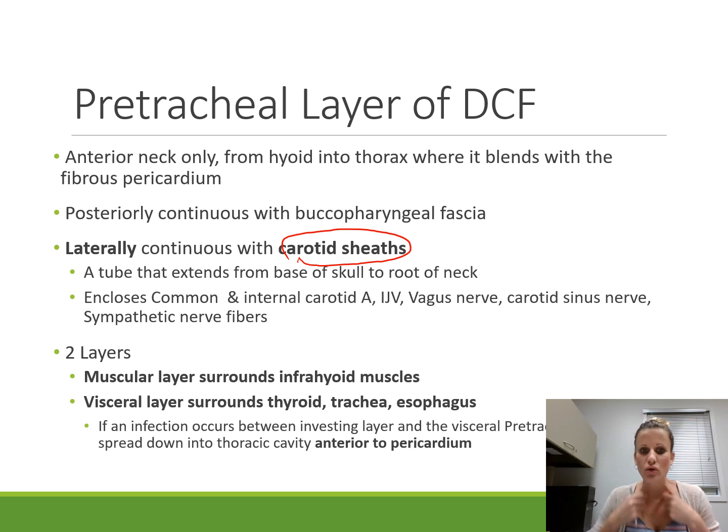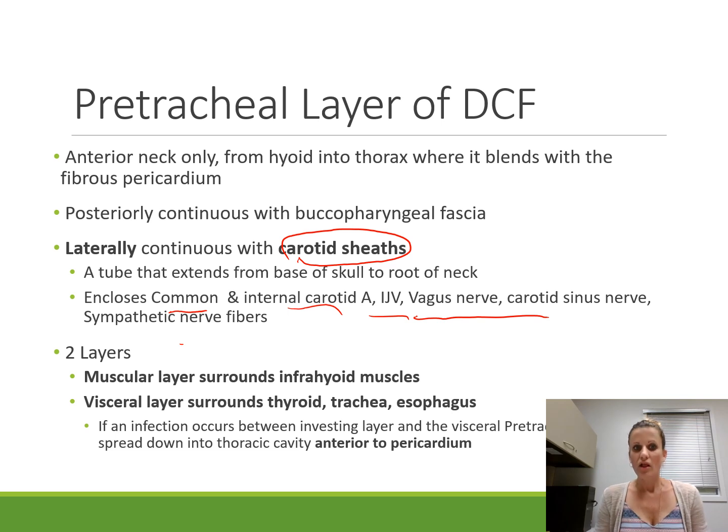And again, it encloses the common carotid artery and the internal carotid artery, the internal jugular vein, the vagus nerve and carotid sinus nerve, and then also sympathetic nerve fibers. So the pretracheal layer is kind of central like this, and then it extends out laterally to form the carotid